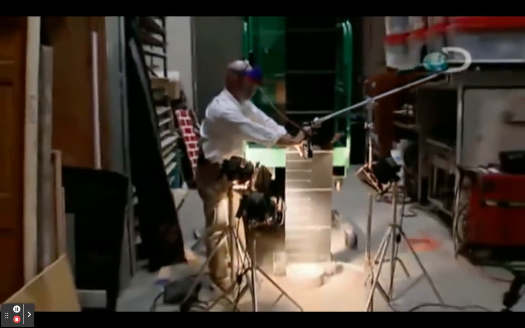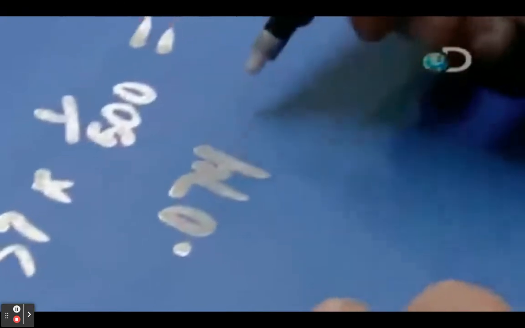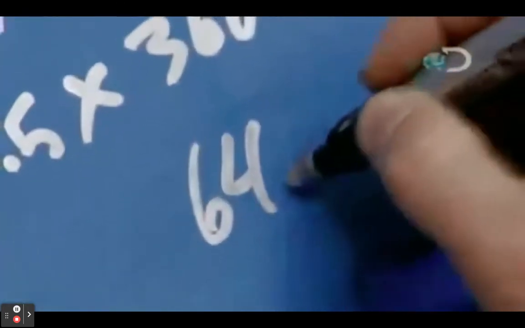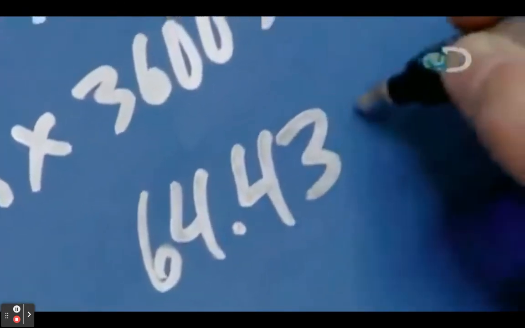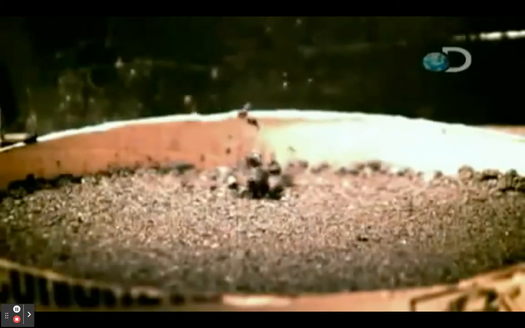It's time to see if Jamie's penny can achieve terminal velocity. The modified staple gun blasts the coin from 3 feet at the concrete block. Look, you can see the penny imprint. The penny traveled the 3 feet in 16/500ths of a second. The rig has shown that we can fire this penny at about 65 miles an hour, which is at the upper level of what studies have shown the terminal velocity of a penny would be. So the test shows that a coin traveling at terminal velocity cannot penetrate concrete or asphalt.